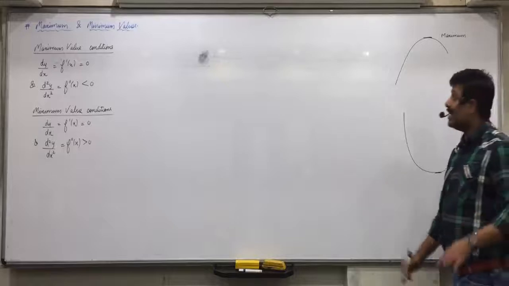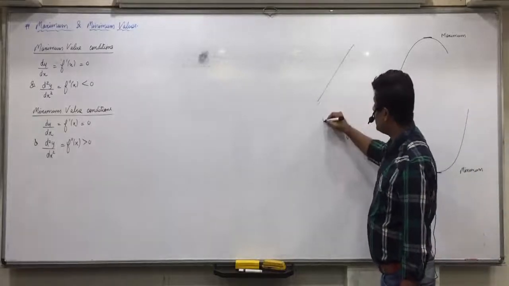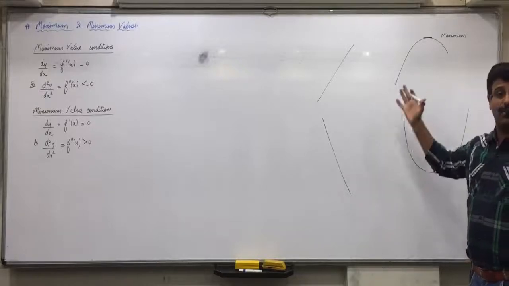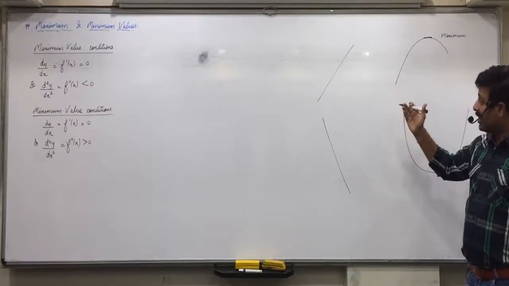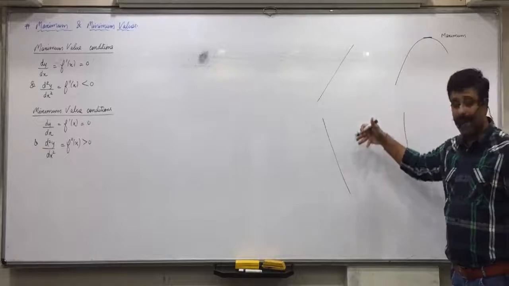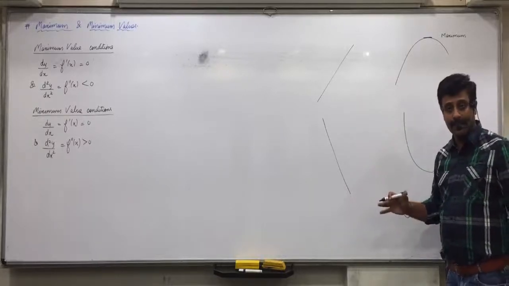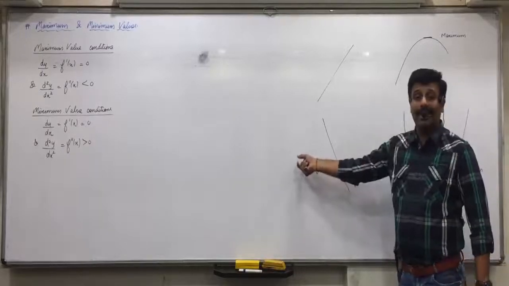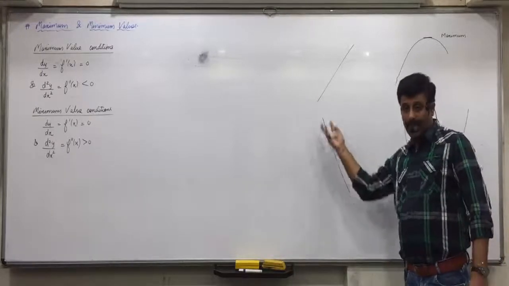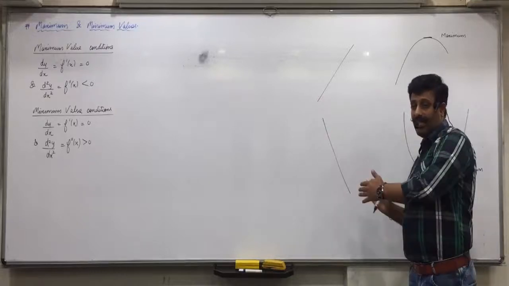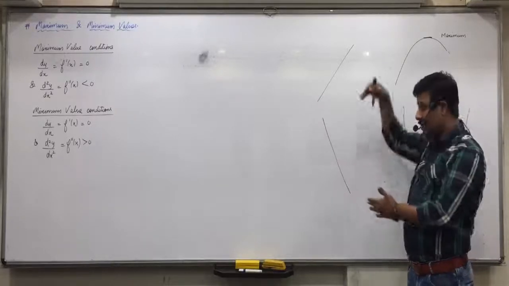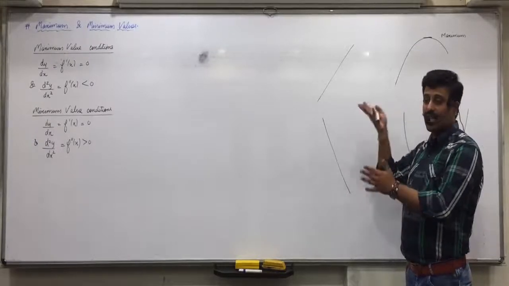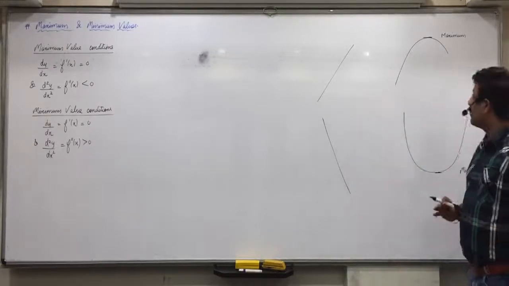So far we studied increasing and decreasing functions. At any point f dash x would be positive when it is continuously increasing, or negative when it is continuously decreasing. If you make a graph and find change in y upon change in x, you will find it negative because x is increasing but y is decreasing. And here you will find x is increasing and y is also increasing.